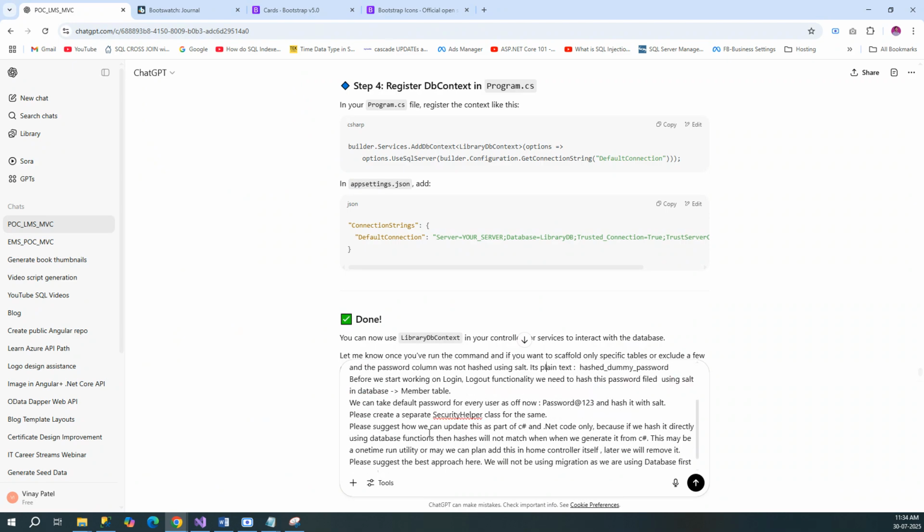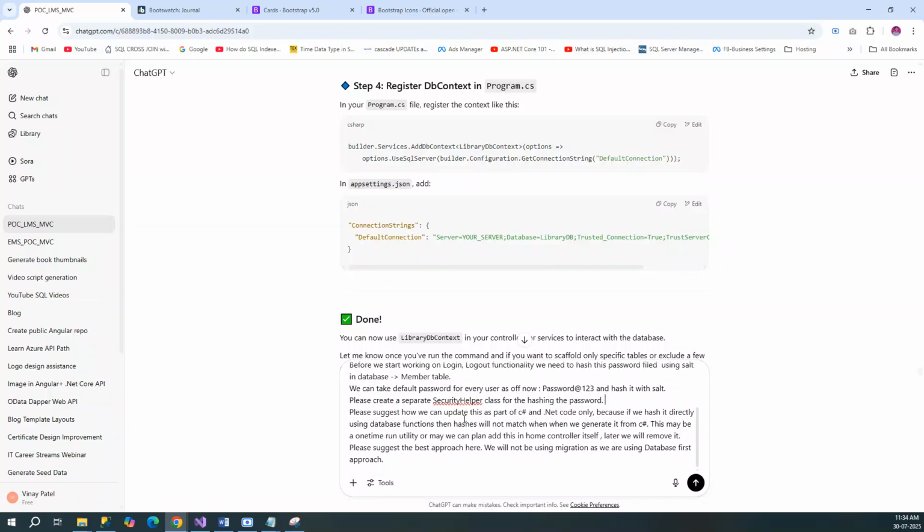Right. And then I'm telling it that we can take the default password as Password@123 and hash it with salt. Please create a separate security helper class for hashing the password, right? Please suggest how we can update this as a part of C# or .NET code only,